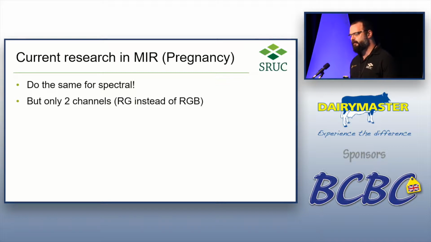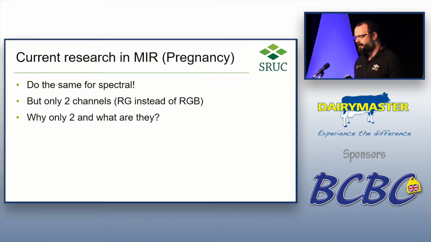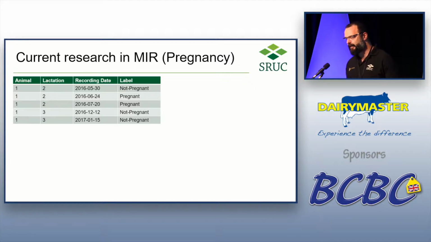But we only used 2 channels. And I'll explain why those 2 channels and what they are. So if you look at this data set, we have spectral records of a single animal, animal 1, in 2 lactations, lactation 2 and 3, and it's chronologically